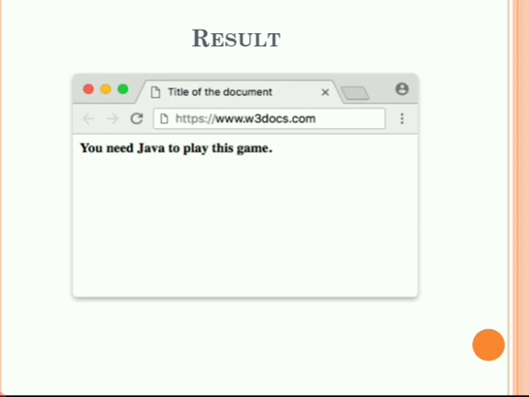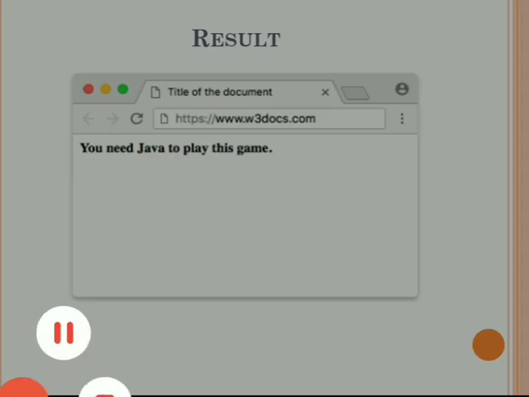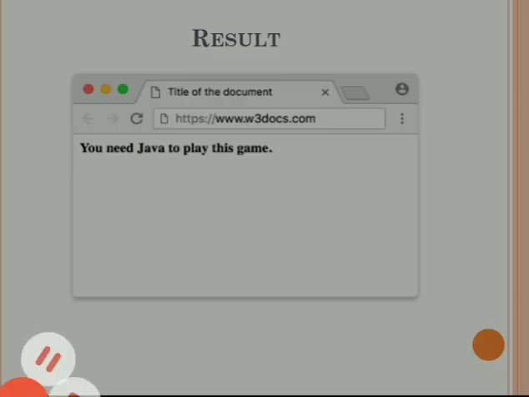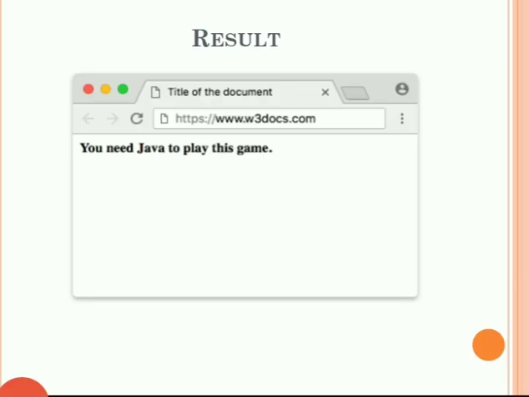After that we have seen passing parameters to the applet. What was the use of passing parameters? We have passed the parameters to the applet. To retrieve the parameters we can use getParameter string. getParameter use करके हम क्या कर सकते हैं, parameter pass कर सकते हैं applet को, और we can retrieve that particular parameter. This is nothing but the passing parameters to the applet. Then we have seen different applet code. What is the code used for creating the applet, and what is exactly the output of that applet. Okay, getting all the concepts. Thank you.